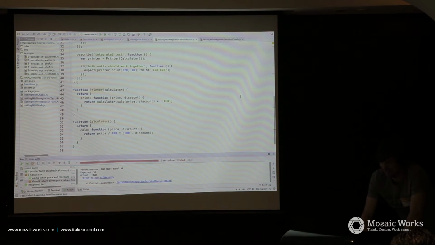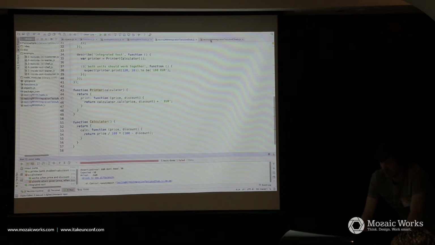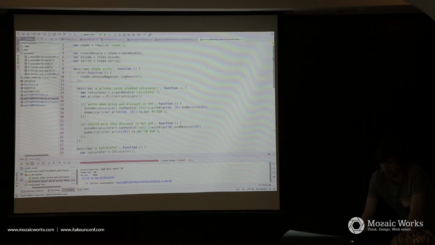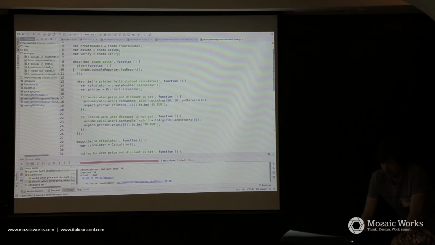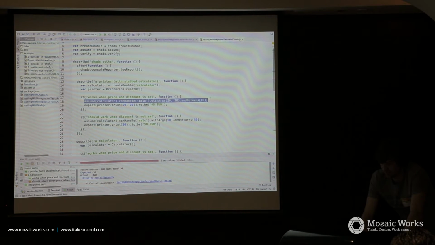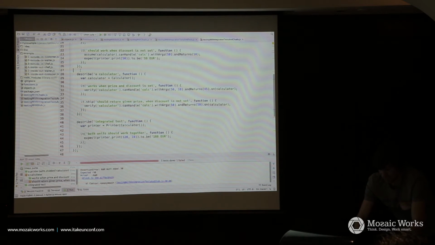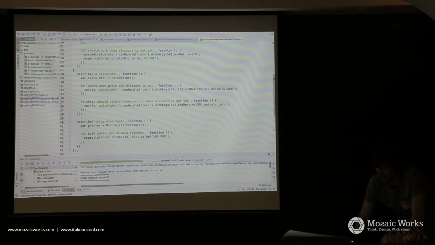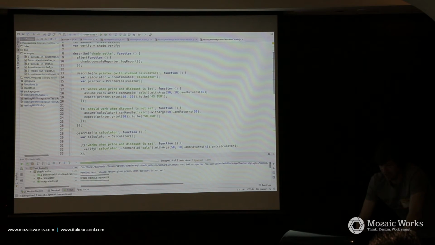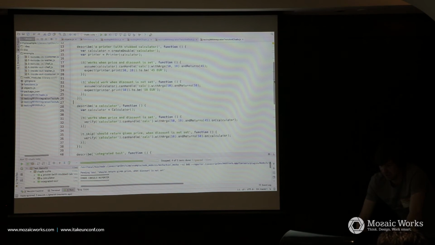So let's do the same with Chado, where we again make here our assumption and just run it the first time. So now we have here our assumptions for the unit test.